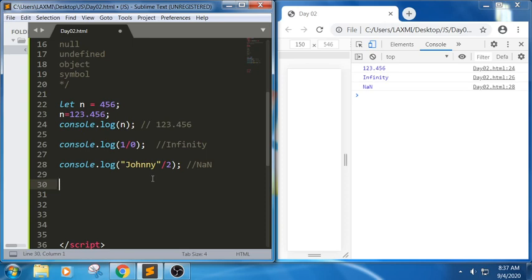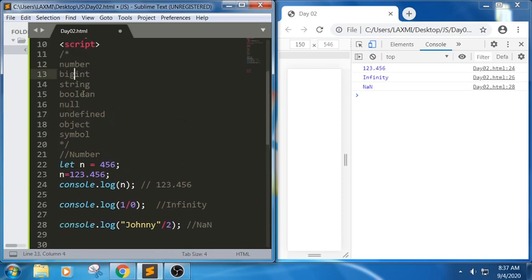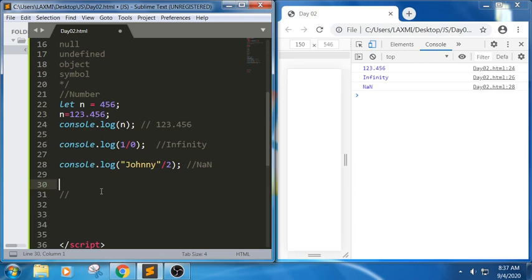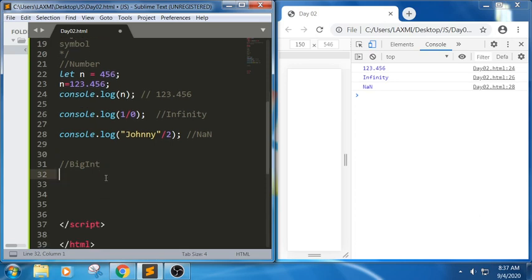First data type we are trying to learn is number. Now, next one. Let us see the next data type. We have a next data type as BigInt. What is the use of BigInt? BigInt has been recently added in JS. Now, how can we write this BigInt? A BigInt is created generally by adding the character n to it.